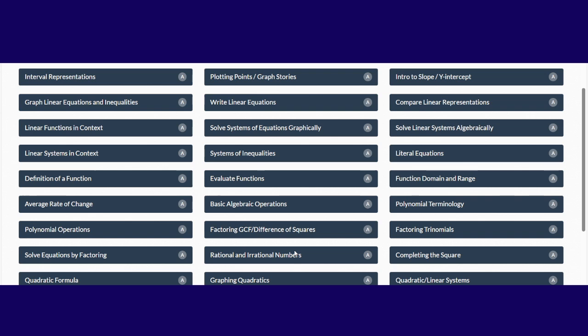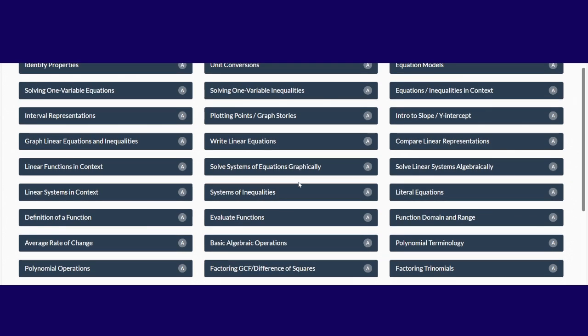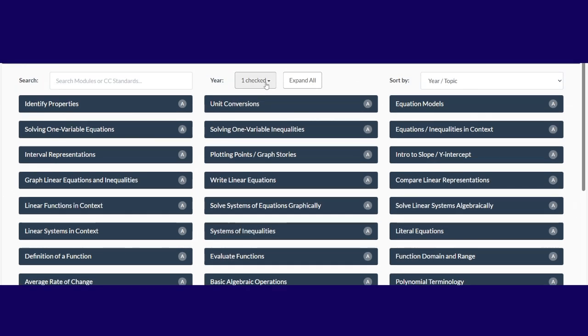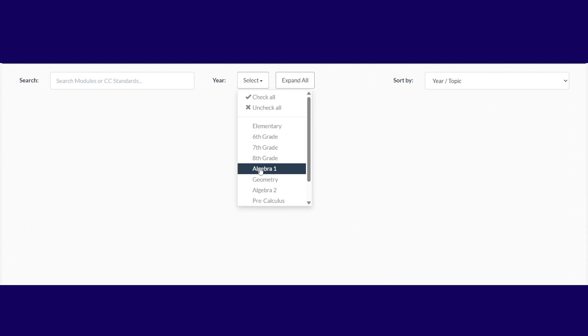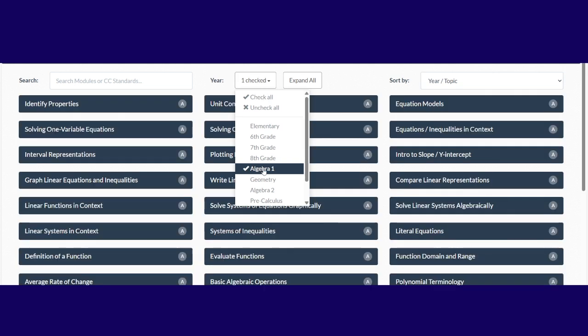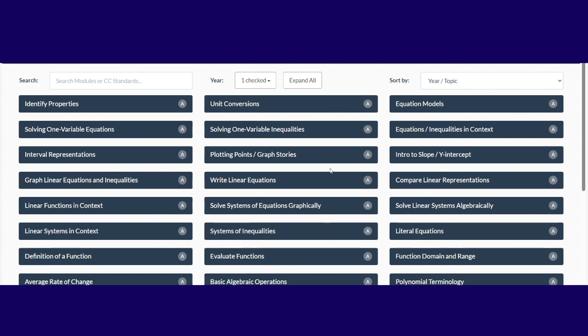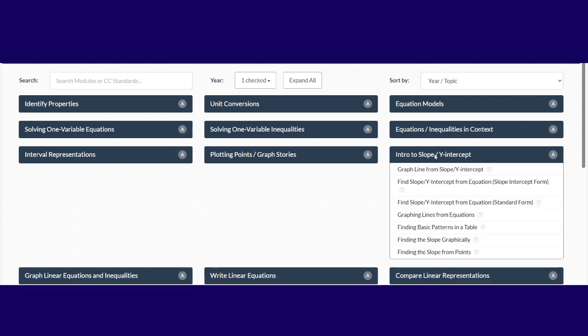Once you've signed in and you see the topics, you can select the grade level that you want to teach. For example, today you want to teach Algebra 1. So you just click on Algebra 1, and then all the topics come up. Let's say that today you want to talk about Introduction to Slope Intercept. If you click on that, then you'll see that